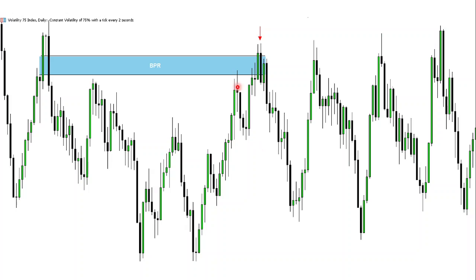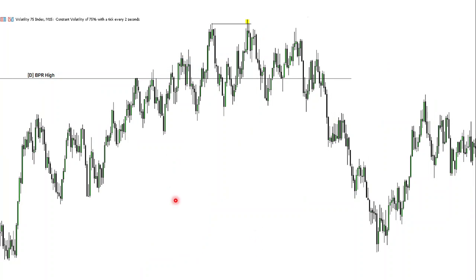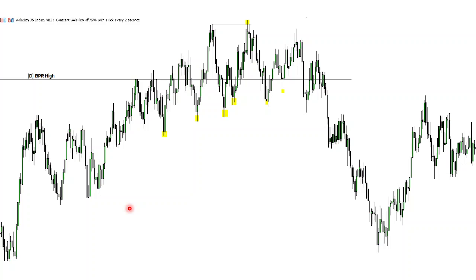Next example will be the second time price trades in that balanced price range, on the daily range. What we're seeing here is price actually a bit lethargic as it moves into the high of the balanced price range. But notice prices are going higher, with higher highs and higher lows. So what you're doing is waiting for the time the price shifts in structure, which shows you